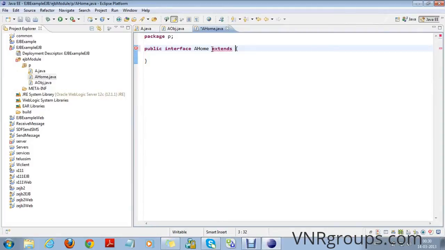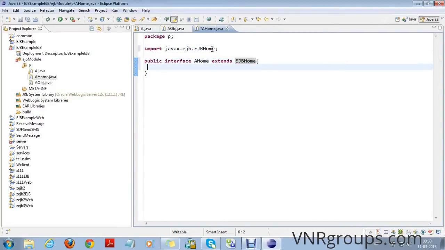And home interface inherits EJBHome interface. Home interface declares create method. Create method returns the reference to EJB object.